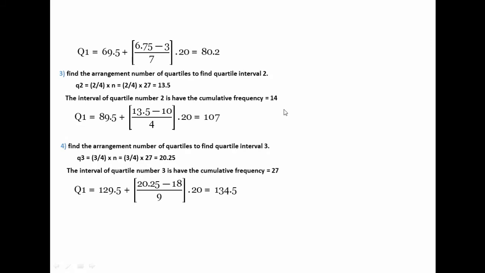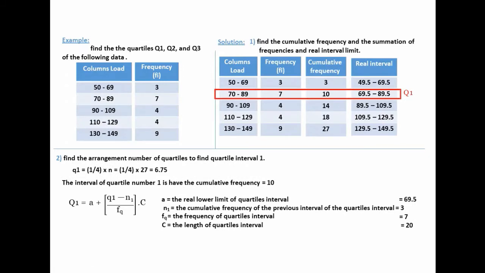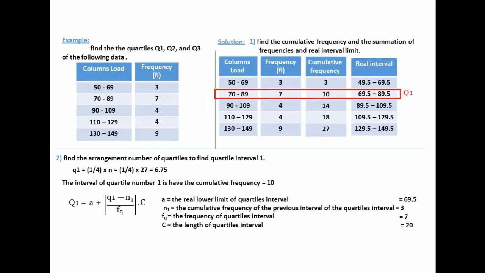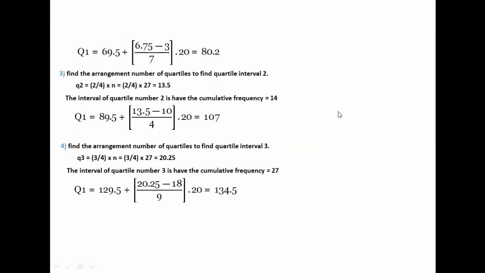In the previous slide, you see over here the cumulative frequency for Q2 is 14. Now the interval of quartile number 2 has the cumulative frequency 14. So 89.5 plus 13.5